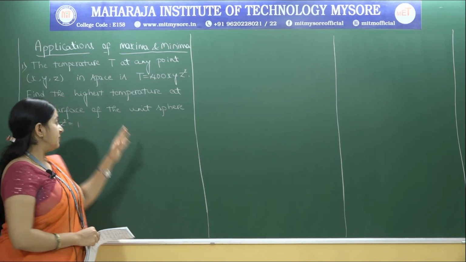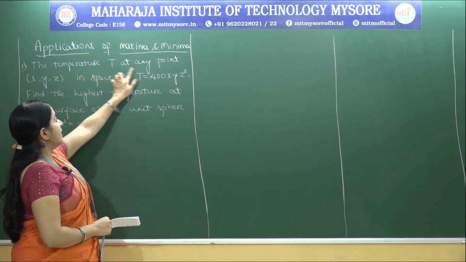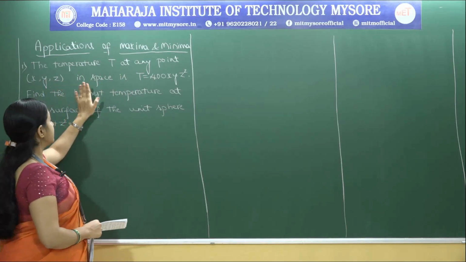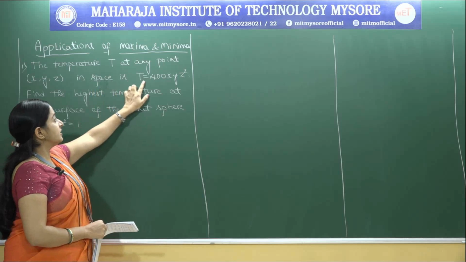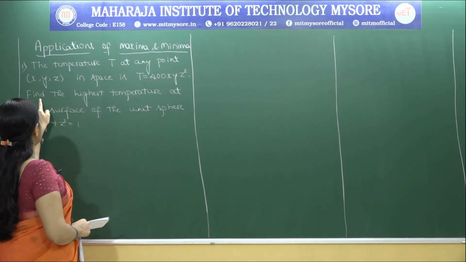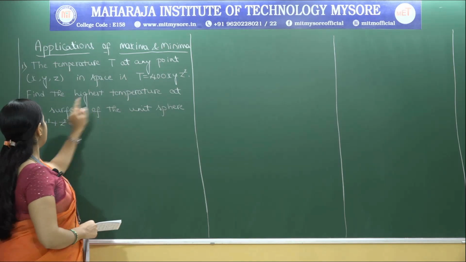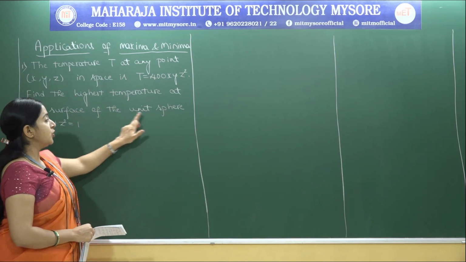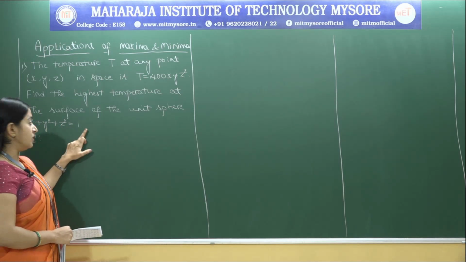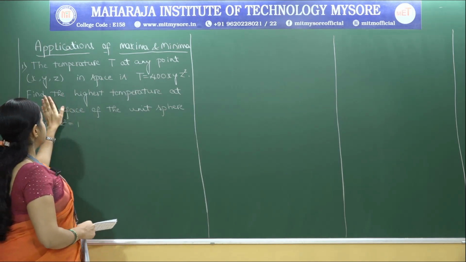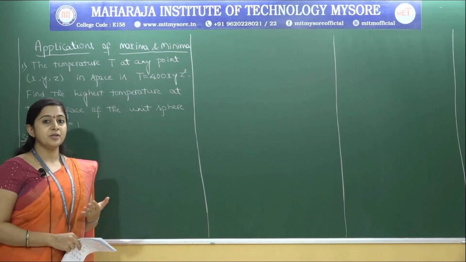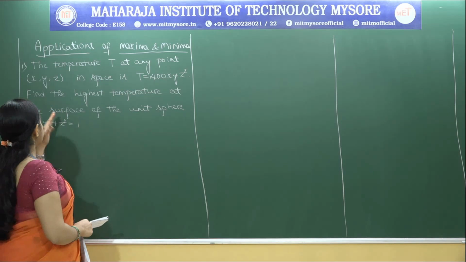The first problem: the temperature T at any point x, y, z, the three variables in space, is T equals 400xyz squared. Find the highest temperature at the surface of the unit sphere x squared plus y squared plus z squared equals 1. So here they asked to find the highest temperature of the surface, that is the maximum temperature, using the